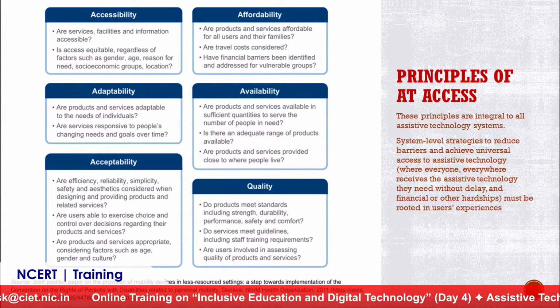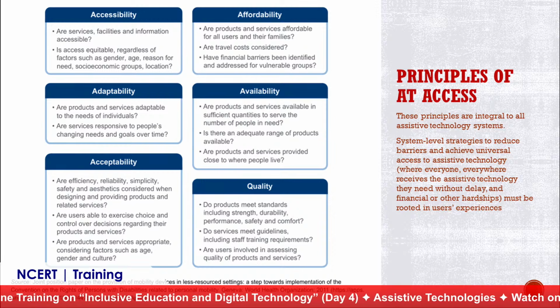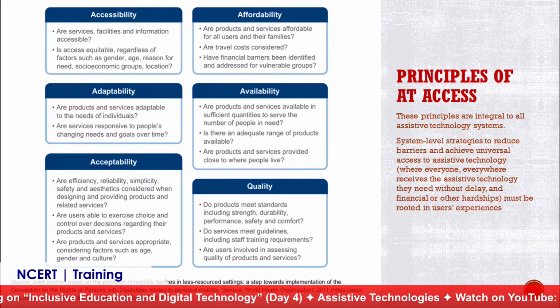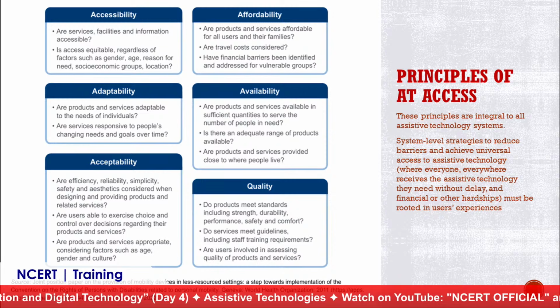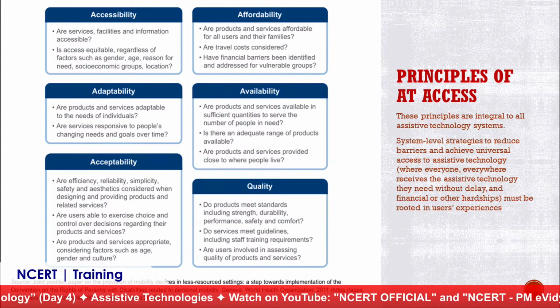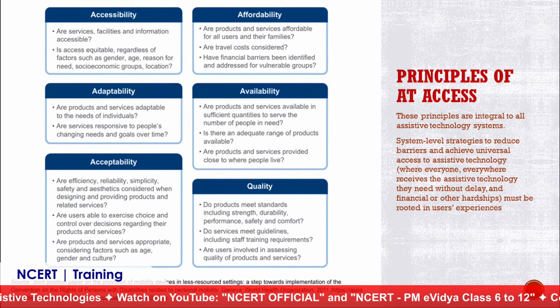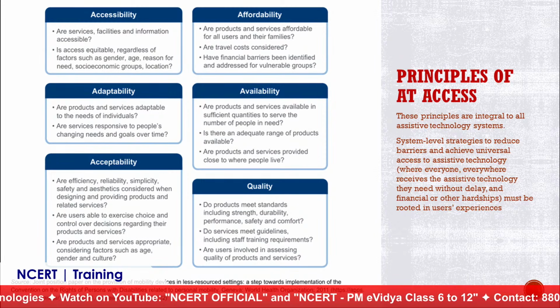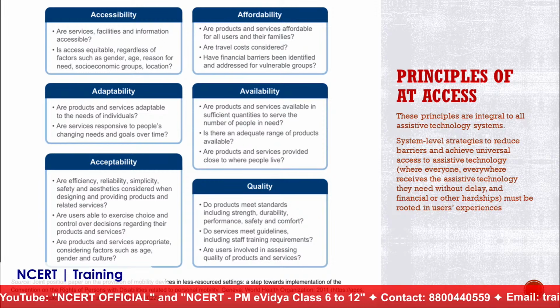So have that particular design in such a way that you don't feel left out. Sometimes people create, especially for children with intellectual disability, those who have severe problem behaviors, who bang their head or who throw temper tantrums, certain helmets and all. But the moment the child wears it, the child becomes cautious about it. And also the parents become cautious that whenever they are going out into the society, into the community, to a mall or so, they feel that everybody is looking at us. So design your products, your technologies in such a way that they have universal acceptability and aesthetics,